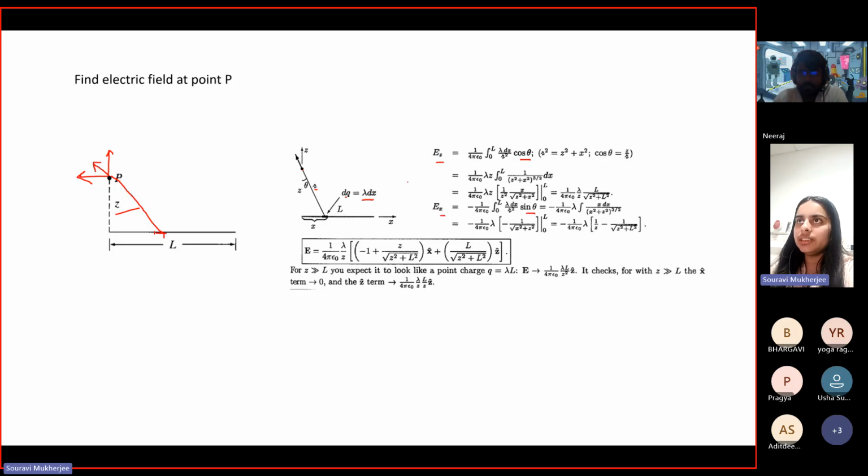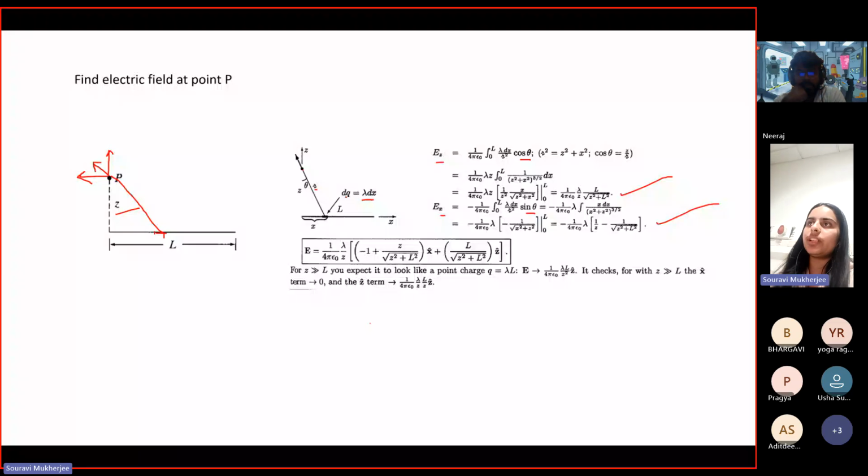How do you define theta, the sine theta or cos theta? That is just looking at this, right? You know this is z, you know this is x, so you know how to write r, root over of z square plus x square, and then you can find all expressions for the cos theta and sine theta components, right? So this is what you end up getting. You do the integration and you would get an expression for Ez and Ex, right? So this is typically how it will look.